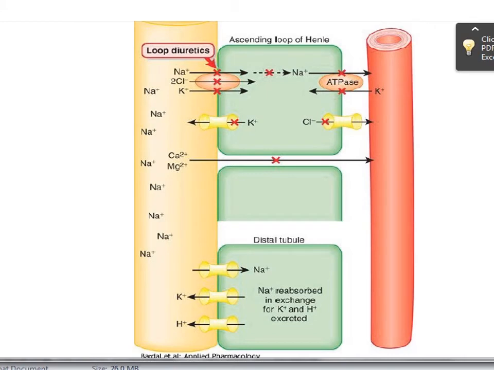So if you are taking NSAIDs because of another condition, the action of these diuretics can be reduced. Now, coming to the segment, these are the chloride potassium channels which are present at the thick ascending loop. They basically inhibit that. So they decrease the reabsorption of sodium, chloride and potassium, and they cause increased excretion of these salts so that water follows the sodium, so we are going to have that diuretic effect.